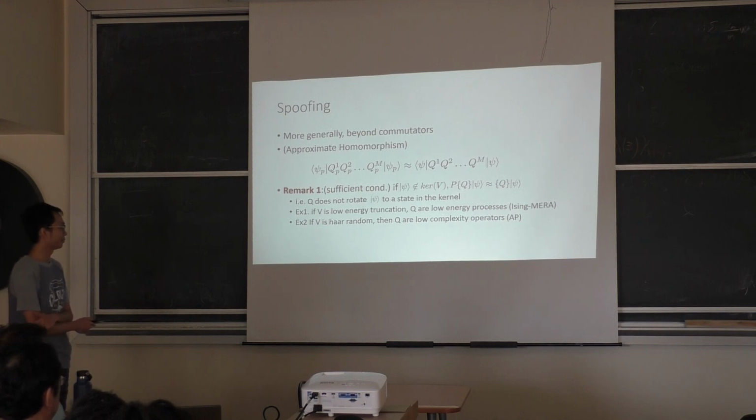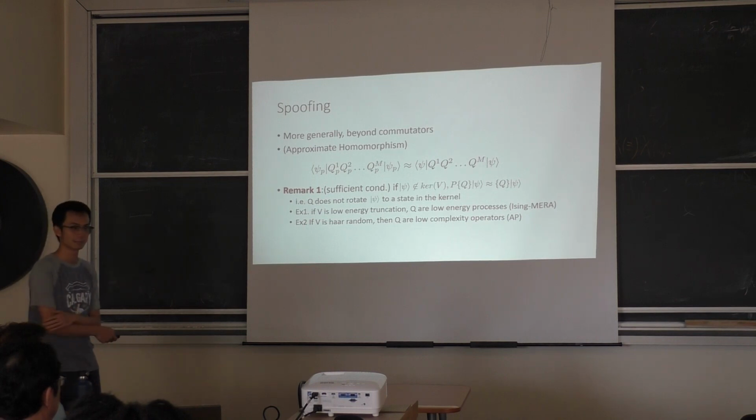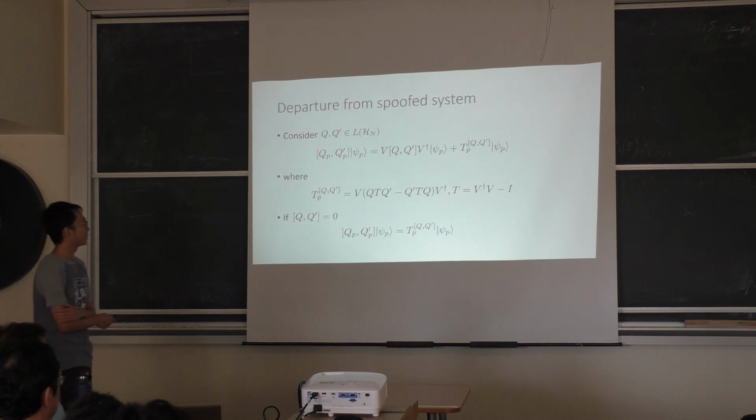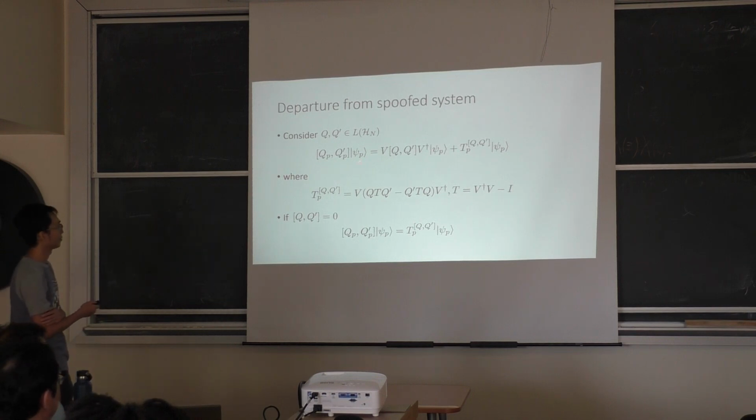So as a second example, if V is hard random, then if you take Q's to be low complexity operators and you take psi to be low complexity states, then those are called observed processes. You can't really tell that your space is being spoofed if you restrict yourself to those things. But it's also interesting to understand how we would deviate from these well-approximated cases. So for example, you can rewrite the commutation relation